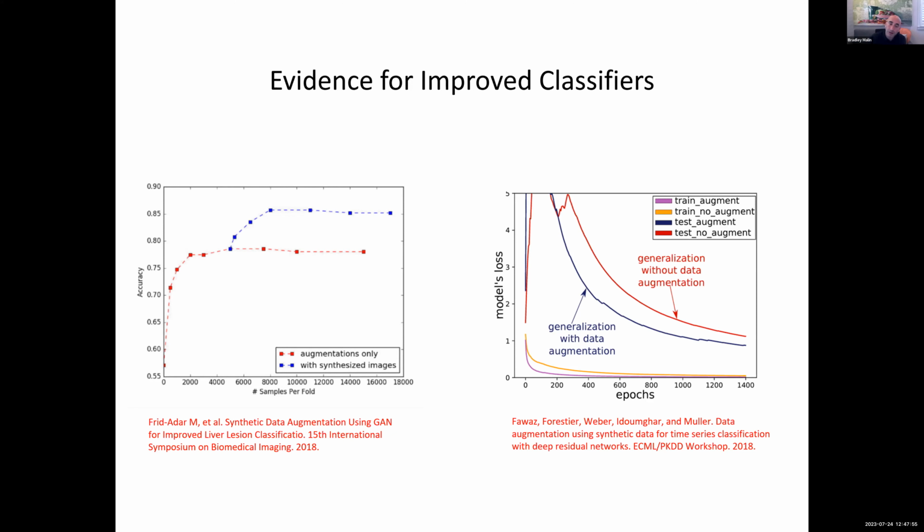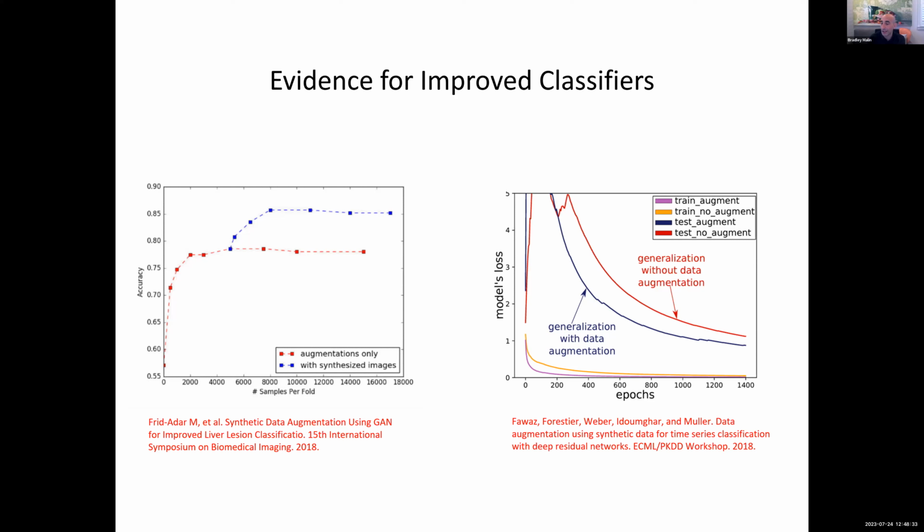Just as an example, what you see on the left is a great paper that came out in 2018. It showed that if you're trying to do image analysis to detect liver lesions, there's a certain amount of learning that you're going to get off of the real data. And if you can simulate data that you haven't necessarily seen before, but is of a similar distribution, then as you increase the amount of training, you hit a wall with the real data. But the additional, new synthetic data can augment the system and improve the fidelity of the analysis.